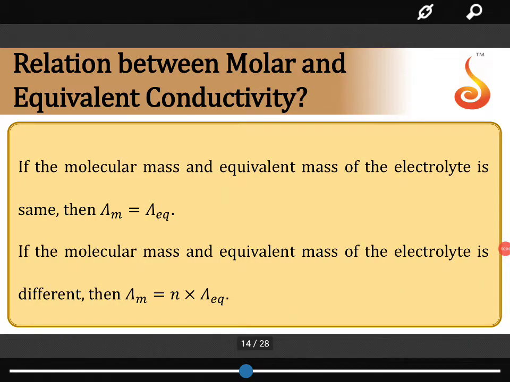So this is stage 2 lecture 2. Now here, whenever you get this formula, you are going to apply this formula in many problems for your examination point of view when we solve the numericals. Now this n factor, equivalent conductance, molar conductance is very crucial. All of you know that equivalent conductance equals K into 1000 divided by C or normality. If it is equivalent conductance, it is K into 1000 by N, where N is normality.